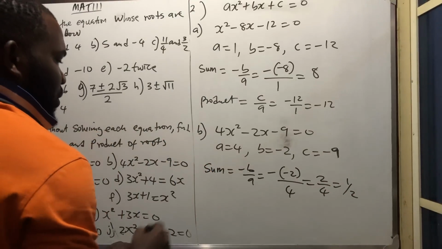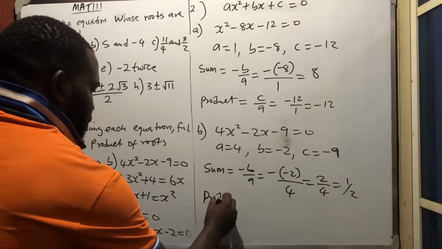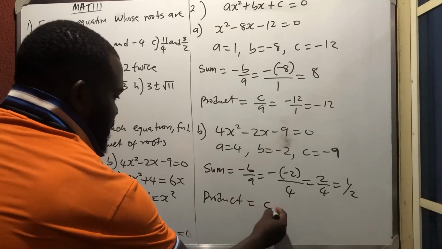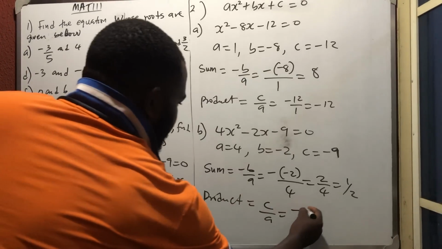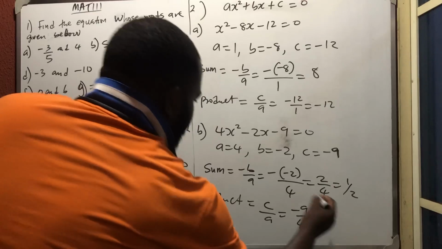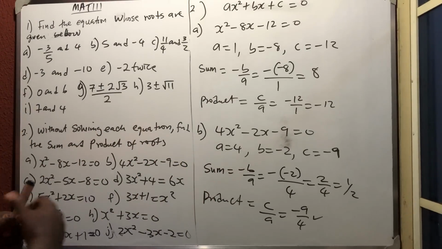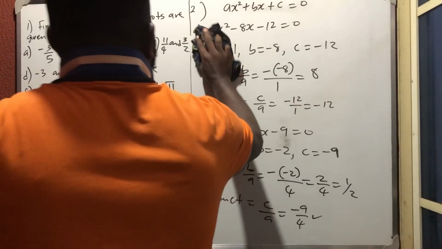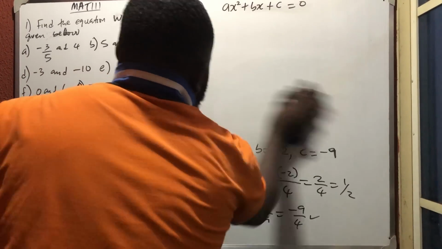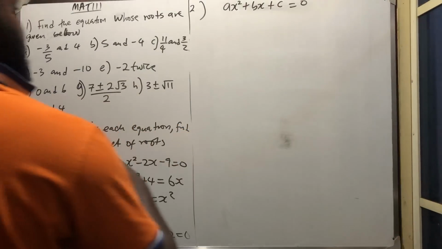That is my sum. Then the product has a formula, which is c over a, which is minus 9 over 4, and that is that. So I've gotten the sum and the product for a and b. So let's go to c and d. So for c